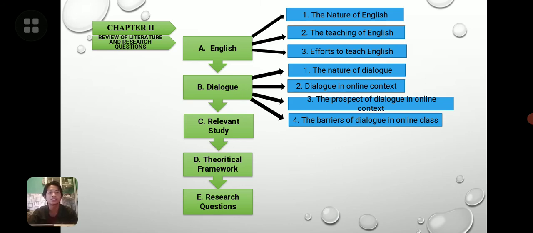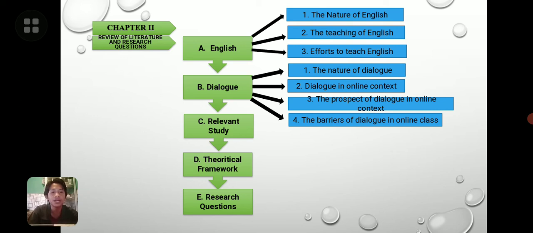Okay, the next is chapter 2. Chapter 2 is review of literature and research question. There are five kinds.